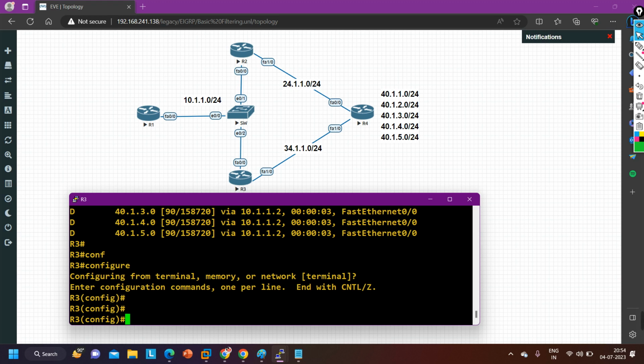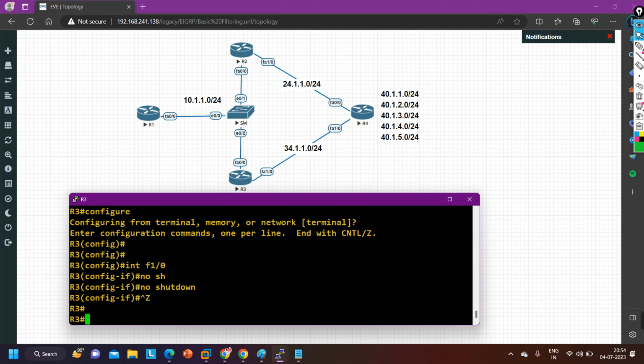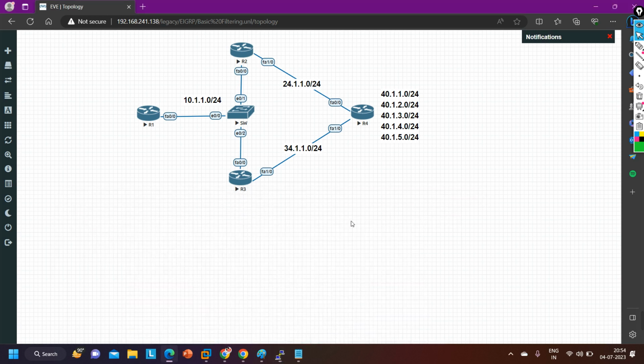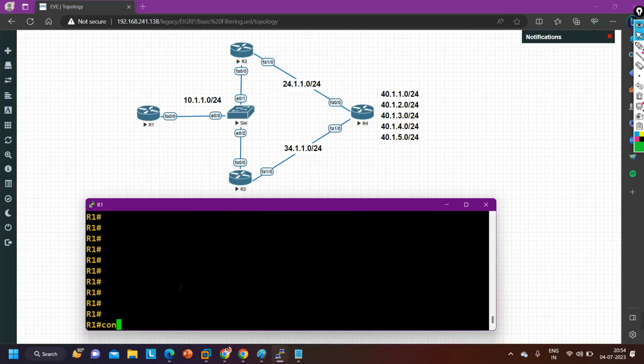Actually, I want to filter 40 prefixes on router number 1 via router 2. I don't want to receive 40 prefixes via router number 2. This is my requirement. And other routers should not be affected. Can I achieve it with the help of a standard ACL on router number 1? No guys, we cannot achieve it because, as you know, in a standard ACL, when you use a standard access list